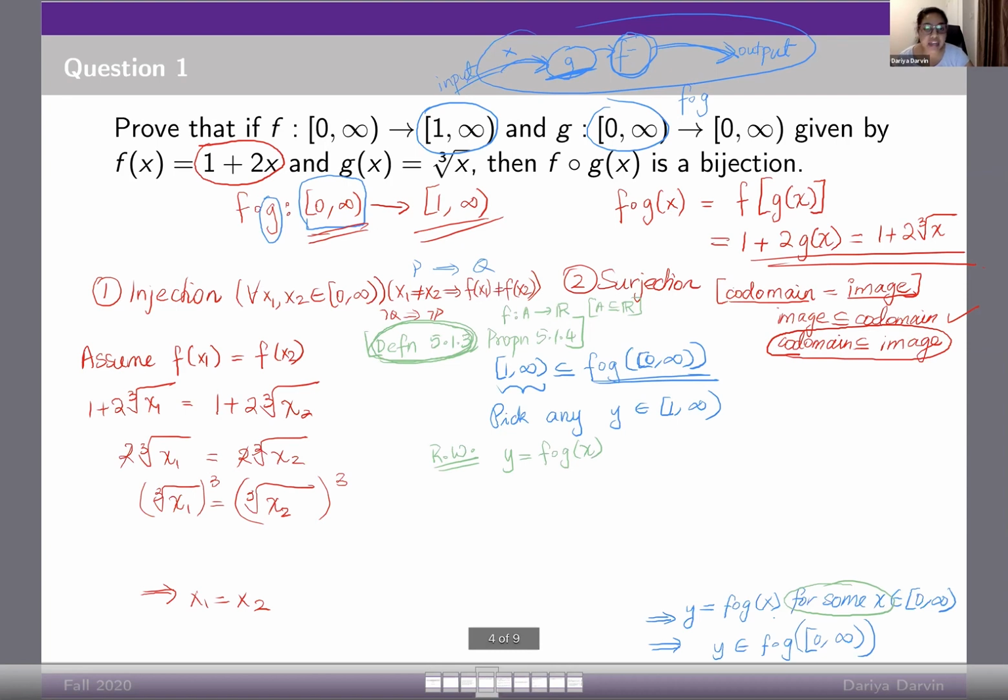Remember, I'm writing this as rough work. I can't write here to here directly because this is what I'm trying to prove, that y equals f of g of x. Okay, I don't know that. I'm trying to prove that. So I'm trying to find, can I get an x where this is true? So let's see. If y equals that, then y is